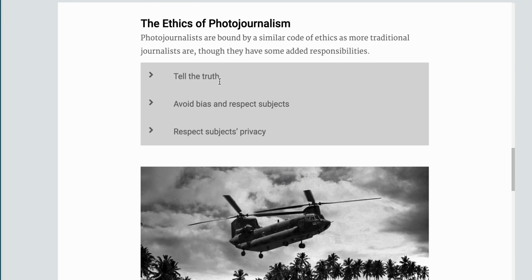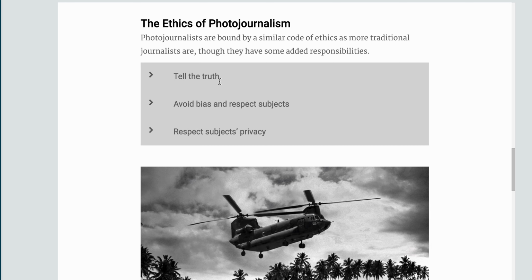Let's come here to the most important part in this lesson, the ethics of photojournalism, and you need to be able to give the differences between journalism, the written journalism ethics, and the photojournalism ethics. And before that, you need to define the word ethics. Ethics are beliefs that are used to govern a certain act. Of course, they differ from one place to another and from one culture to another.